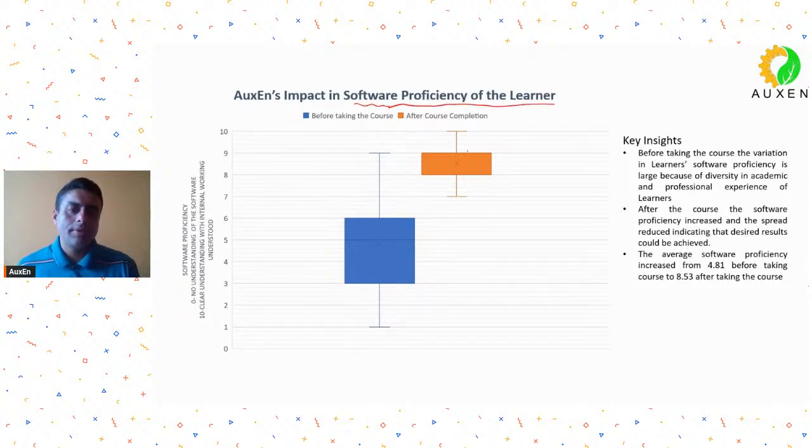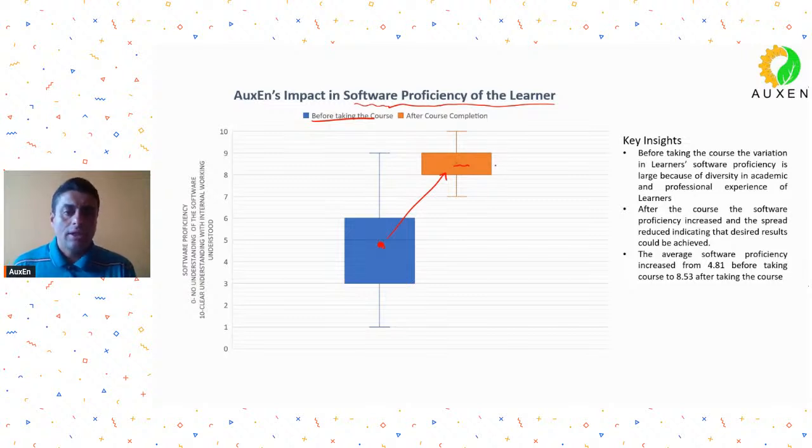If you see the impact our courses are having on software proficiency, all you engineers will understand this graph. The average level of the participants when it came to software proficiency was here before taking the course, and after taking the course